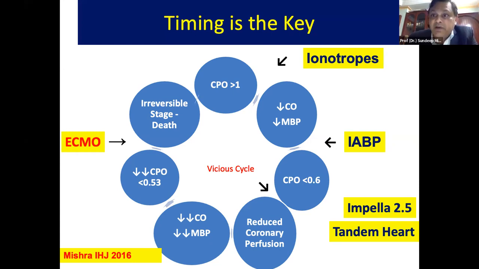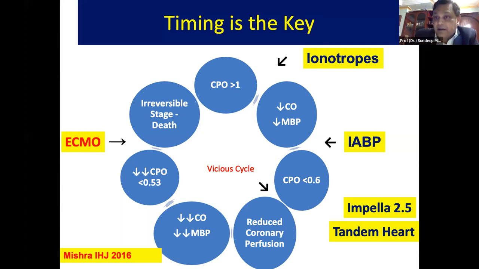Once you unload the left ventricle, then coronary blood flow increases and then it helps. Likewise, IABP also slightly improves the coronary perfusion, and therefore early on IABP also helps. But if you put IABP late, when the patient has already advanced, there is no benefit of IABP. If you put Impella or tandem heart for a long time, what will happen is LV will be unloaded, but